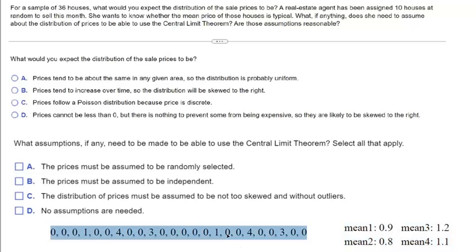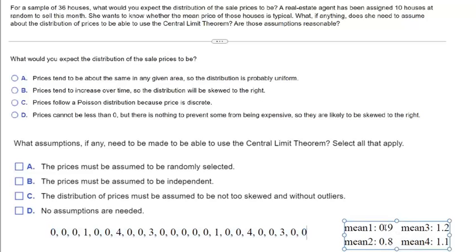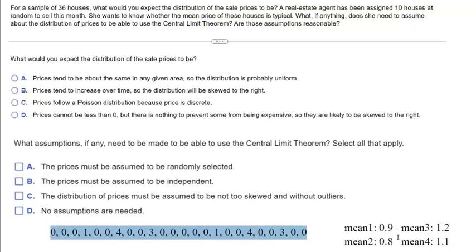So the data itself is not bell-shaped, but the means of the data set will be bell-shaped. That's what the central limit theorem guarantees us, as long as you take enough data points. So there's that condition. You have to have enough data points, because if you find a mean of just two numbers and keep doing that, you're going to get some outliers some of the time. It's not going to be bell-shaped. It's still going to roughly look like this distribution.